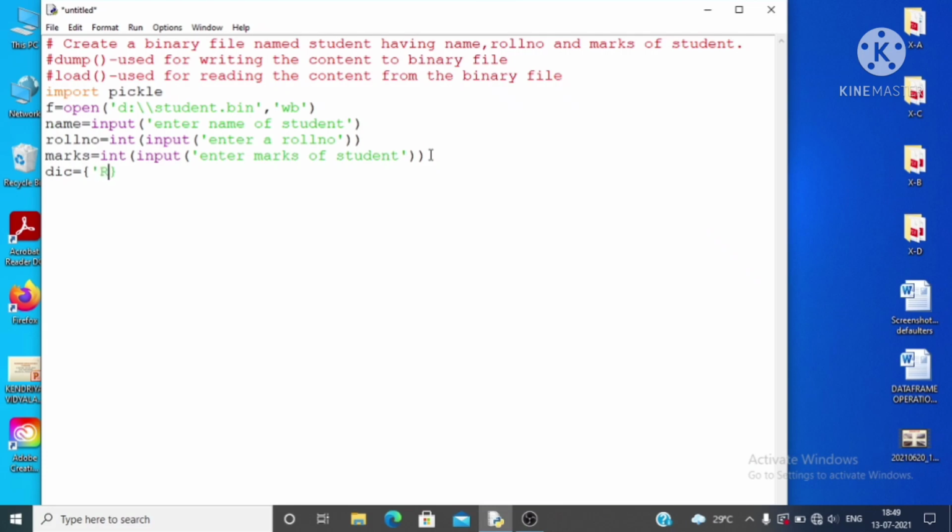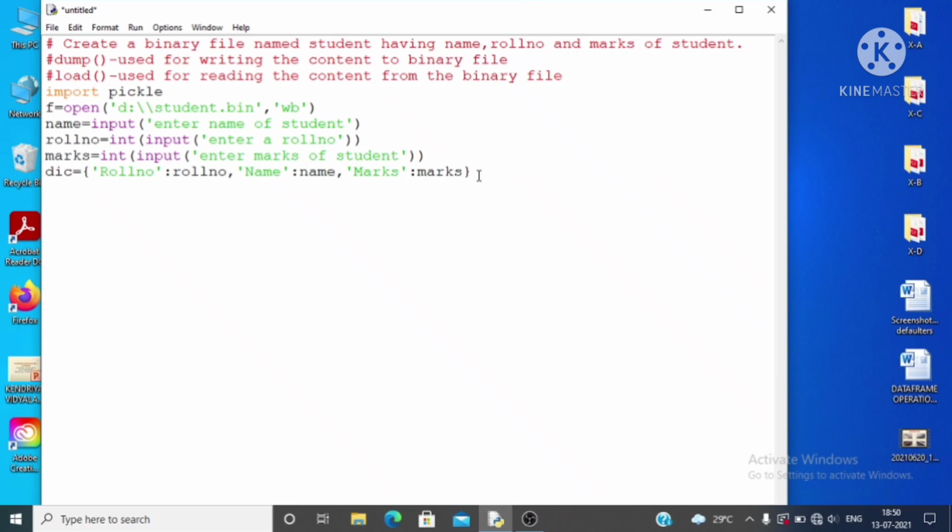So the first key, let us assume, is roll number, colon, and then the value. The value will be the roll number which is taken from the user as input. The first element is roll number, then the second element is name of student, its value will be name, which is taken from the user as input. Then the third element is marks, the value is marks.